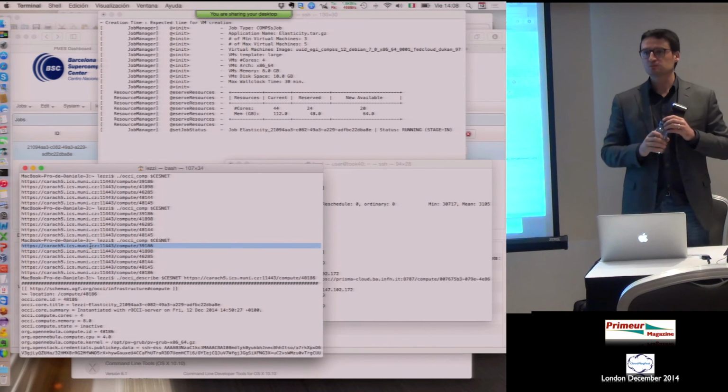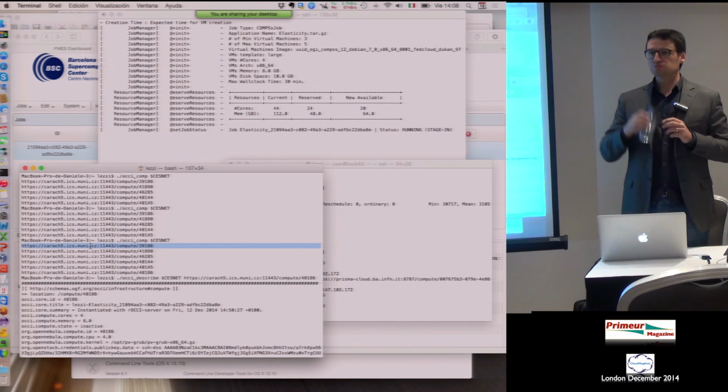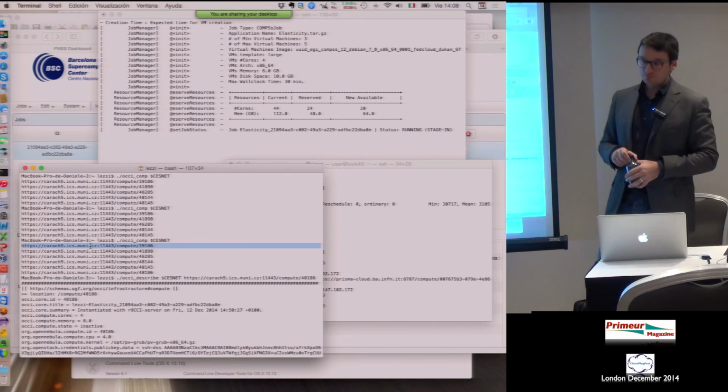So the XSEDE is producing an XSEDE-wide file system that Grimshaw has been working on. But I'm not sure how cloud-like it is. It's just intended to be across those resources.